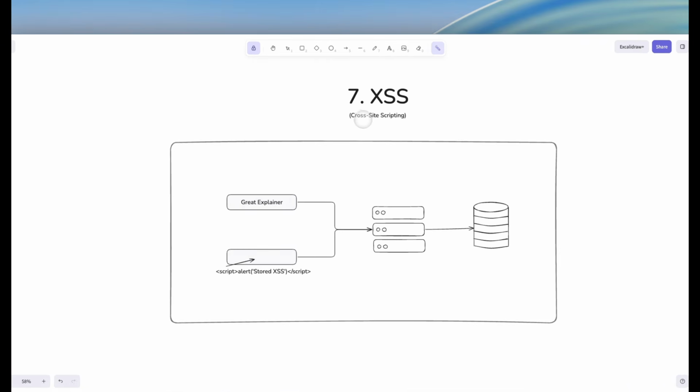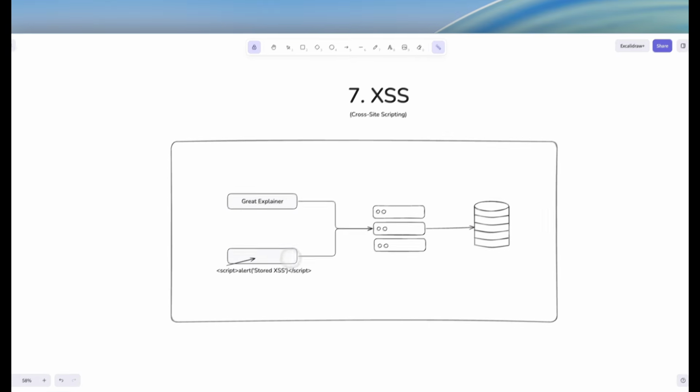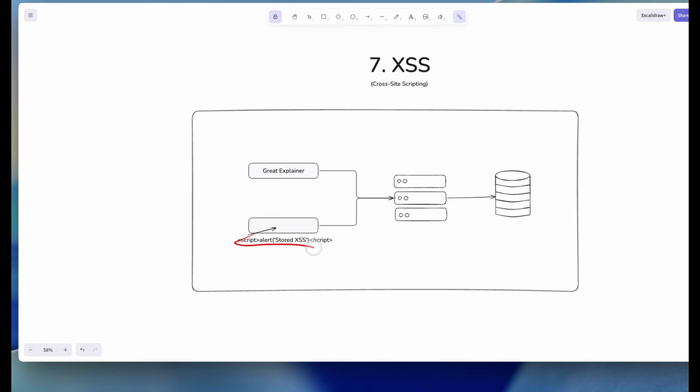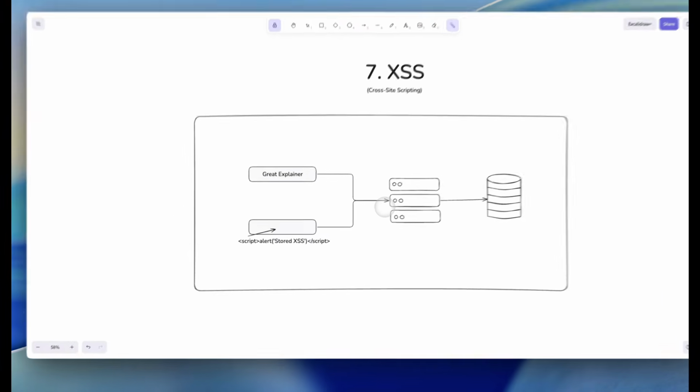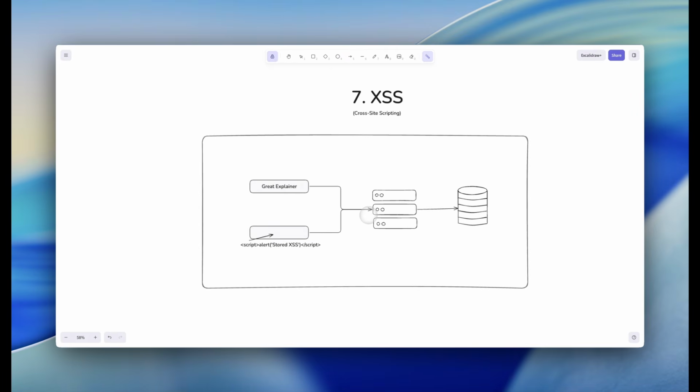XSS stands for cross-site scripting. Imagine that your application has a comment section. A normal user may submit a comment such as "nice picture." Your API stores that comment in the database and displays it when other users open the page. But what if an attacker submits malicious JavaScript code instead of a normal comment? If your frontend renders that input without proper escaping or sanitization, the browser may execute the attacker's script when another user loads the page. That script could attempt to steal sensitive